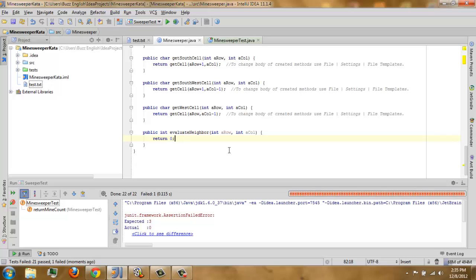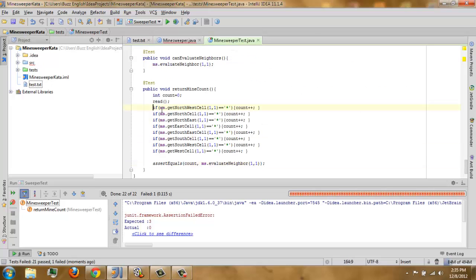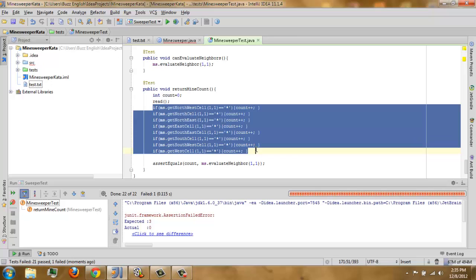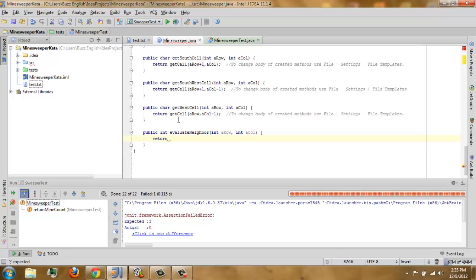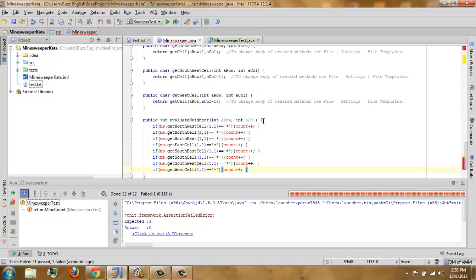To make it faster, you just have to copy our if cases there. Copy this, and also in our Minesweeper we need to have a count. Paste it first. There, and then we have our count.